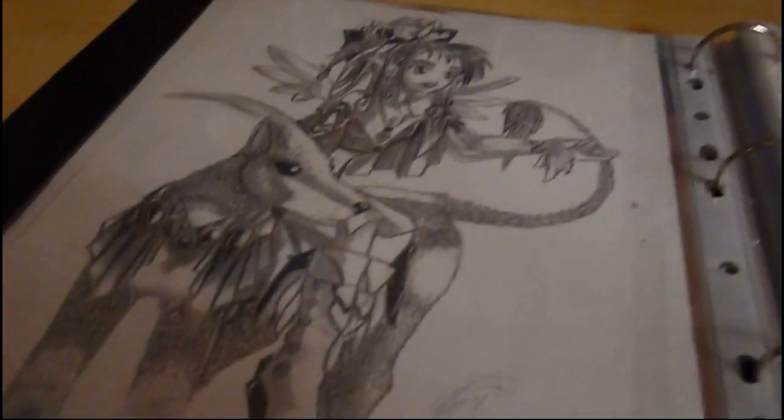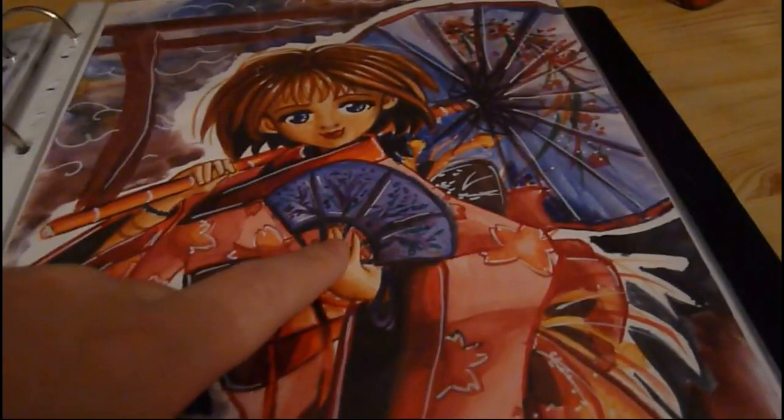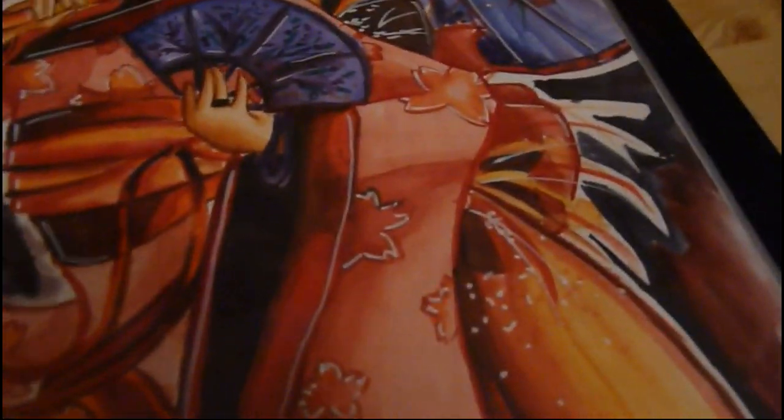So this is a creature with a girl. This one has a story. I actually did this as a gift. I was supposed to send the original drawing, but I was so proud of myself and how it turned out that I decided to keep it